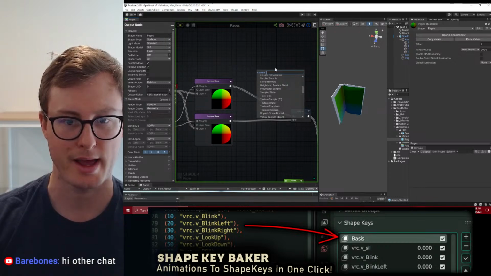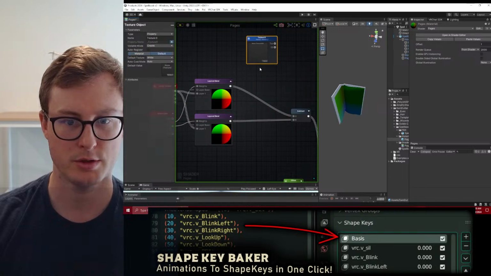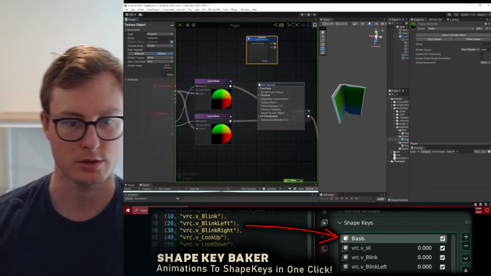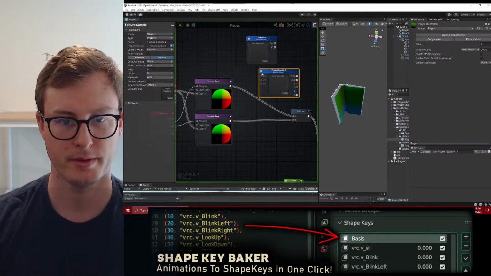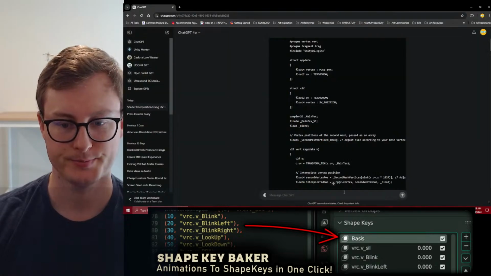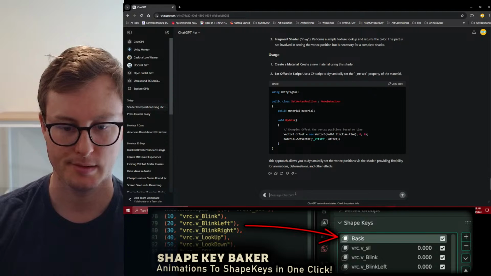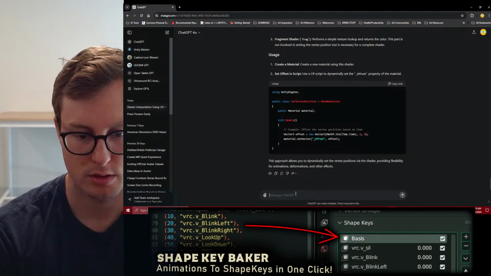It's got to be a texture. I have to be able to turn it into a texture. So it'd have to be some sort of texture object or texture sample. I want to be able to put this into it. Using Amplify Shader, I want to, or